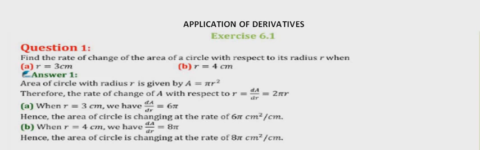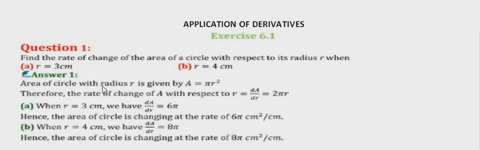That means we have to find the rate of change of area with respect to radius r. Like we have to find the value of dy by dx. Then we say differentiate y with respect to x. Similarly, here one is area and the other is radius. So we have to differentiate the area with respect to radius.